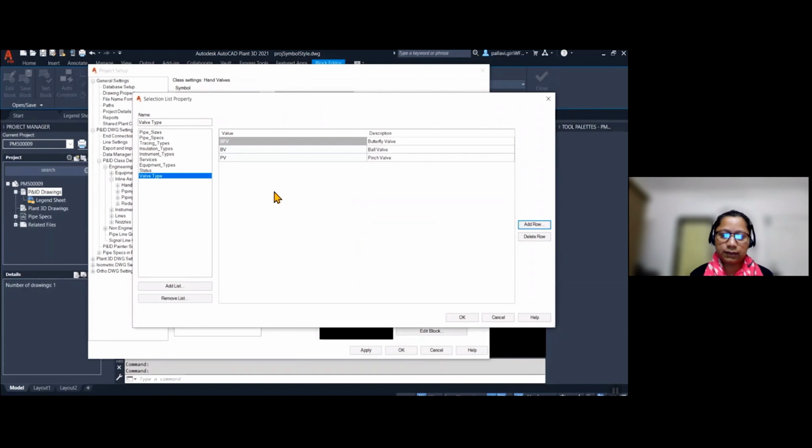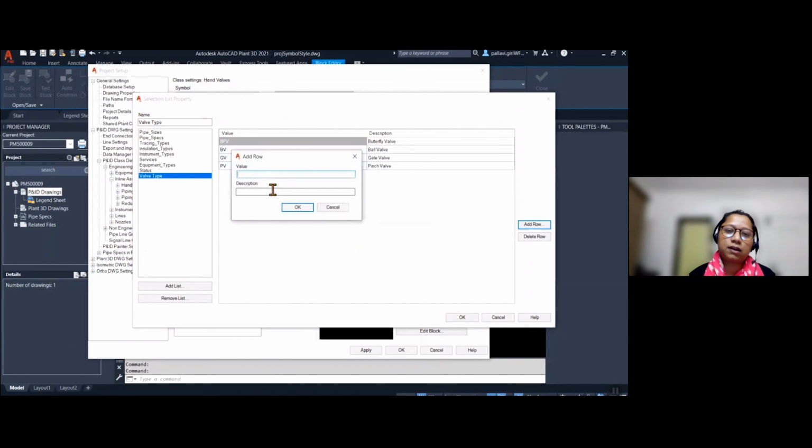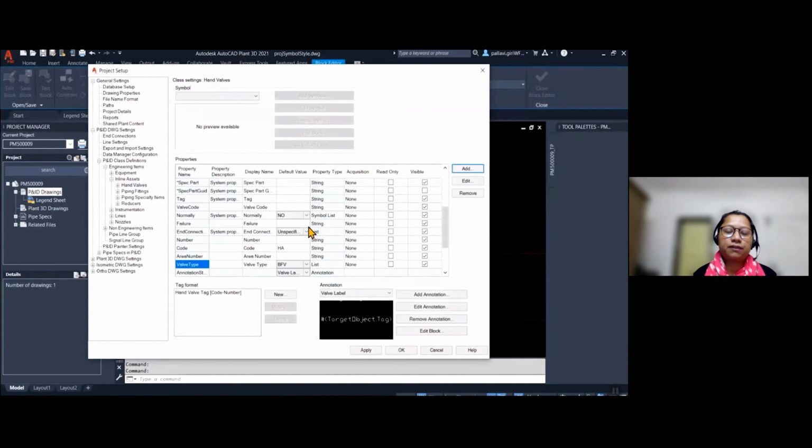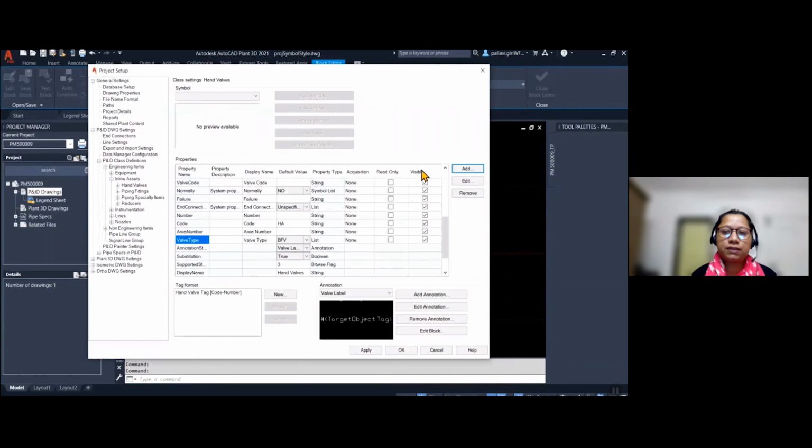The fourth one is our gate valve. And lastly, I'm going to add the diaphragm valve. So diaphragm valve is my favorite one because I always make mistakes with this spelling.